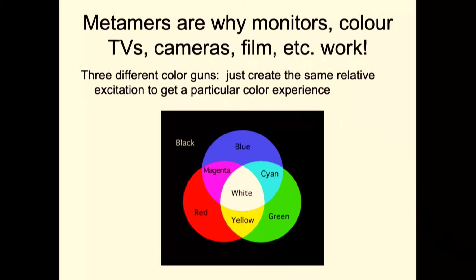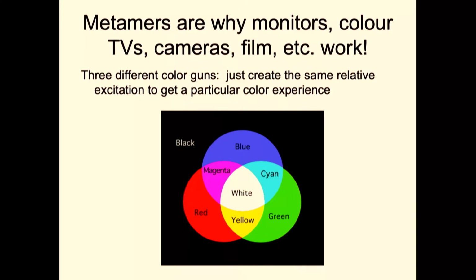All right. Now, we know about the different types of cones nowadays, because in part you can chop up the retina and measure stuff and find the pigments and measure their responses and things, right? But that's a relatively recent development in human history, right? But the idea that color vision is trichromatic predates all of that modern biology,